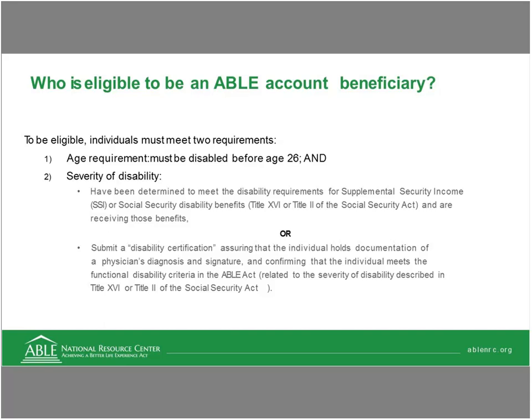The first has to do with the age at which the person first experienced their disability. And what it says is that the person must have had an onset, or first experienced their disability, before their 26th birthday, right? So that doesn't mean that you can't be 34, 35, 40 years old and open up an ABLE account. That's fine. You can do that. My brother opened up his ABLE account when he was in his mid-30s. But what it does mean is that you would have had to first experience or had an onset of disability